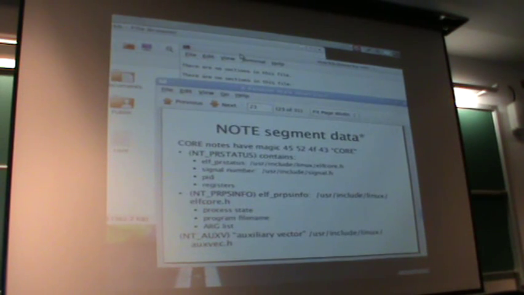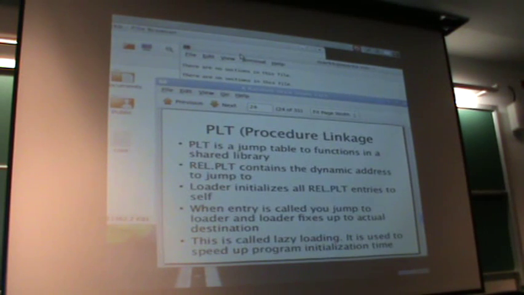So, any questions before I get into something more? I'll get into the dynamic linking part. It's a little complicated. So,